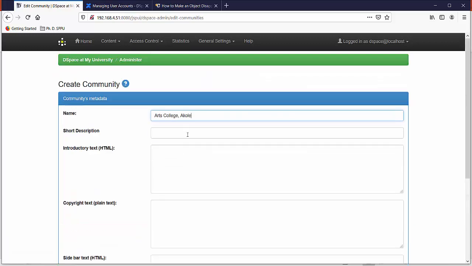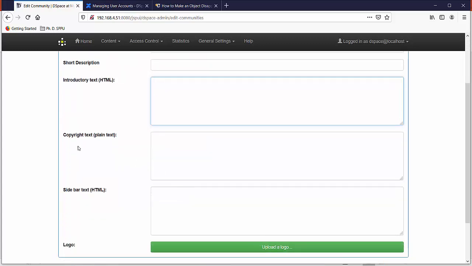You may enter a short description of your top level community here. You may add introductory text, but you need to use HTML tagging to display that text. You may enter copyright text, that is plain text. You need not enter HTML here.